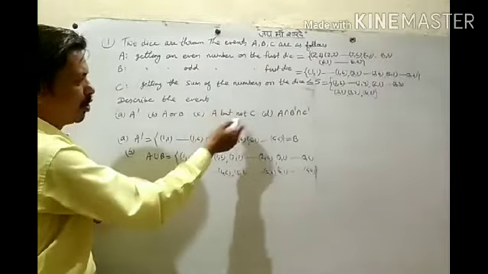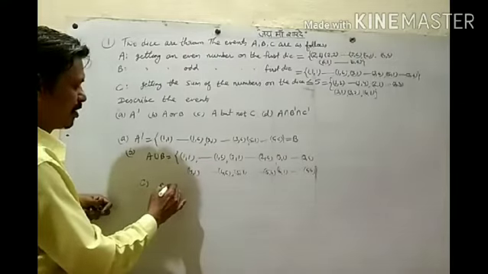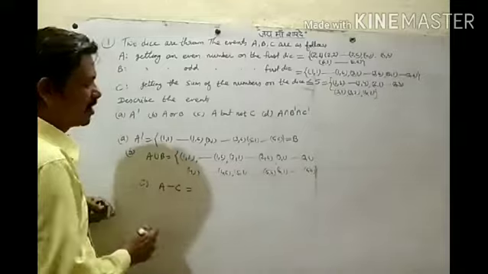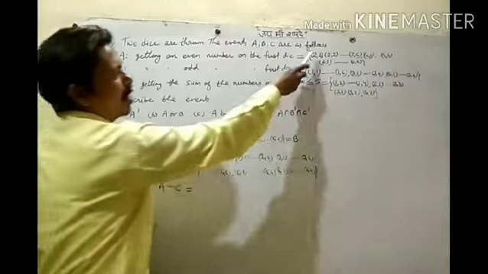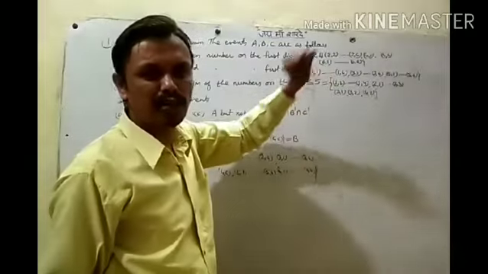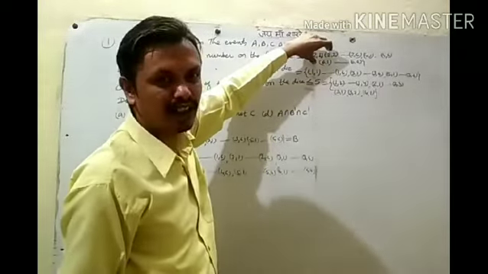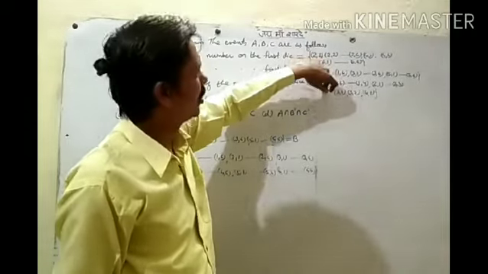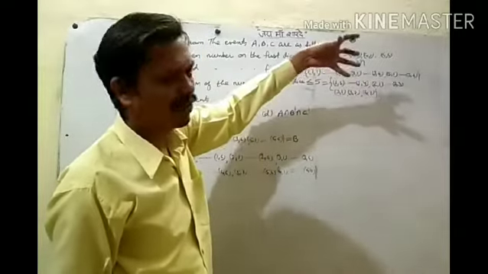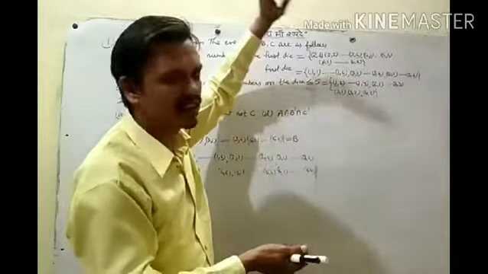Event A but not C. Event A but not C means A minus C. So A minus C, we will subtract this. How to find the difference of two sets? Write all the elements of the set A which are not in C, that is, we cannot write the common elements. We write all the elements of this set A.